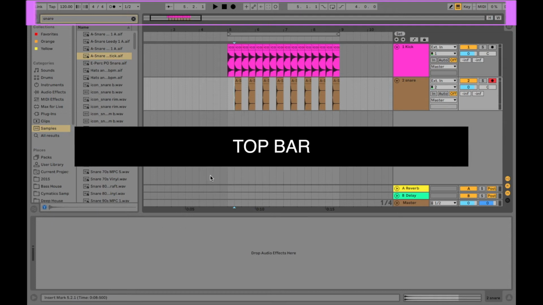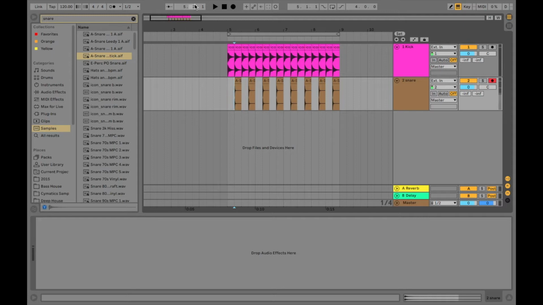All right, so now let's look at the top bar section. If you see, there's a little bar going across the top. Let's go ahead and cover some of the main elements from this bar. Let's start on the right side of this bar, and the first thing I want you to look at